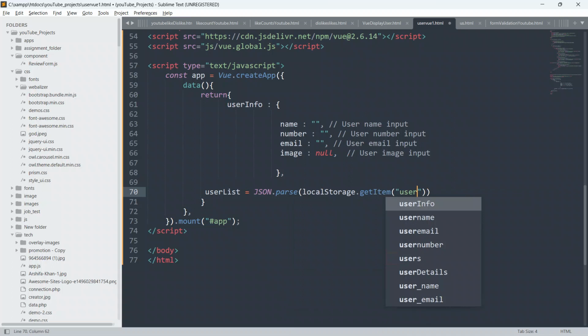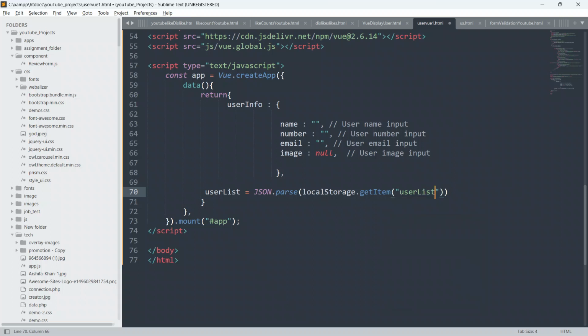So you can only store something in the local storage in the form of key and value. Then only you will be able to save something into the local storage, otherwise you won't be able to save it. So I am passing here the key also.